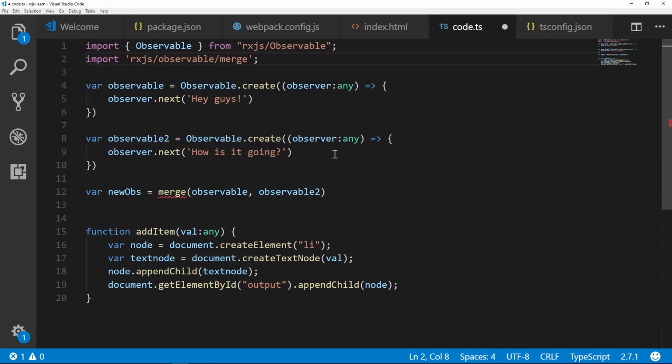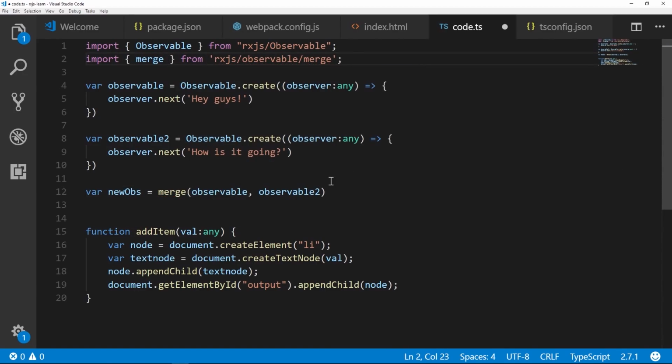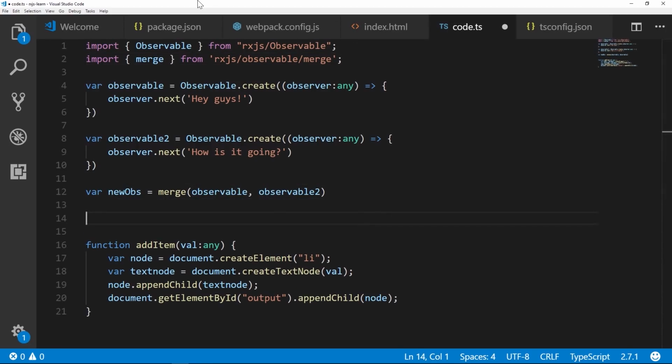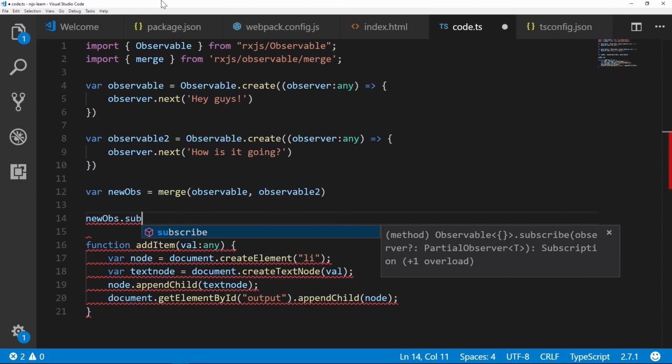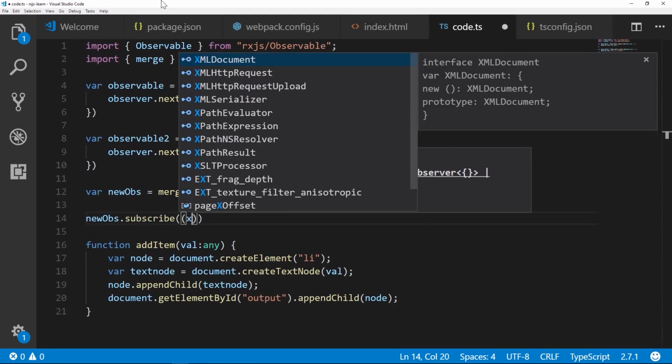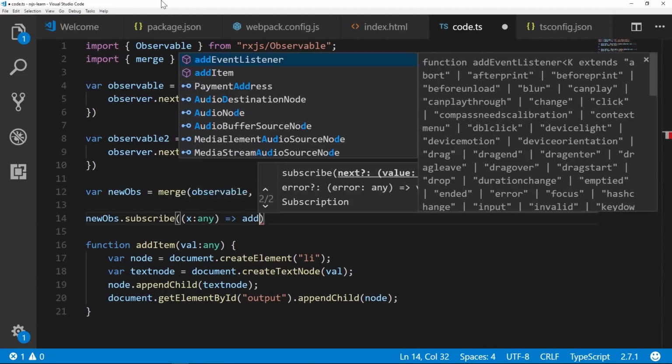And by the way, I screwed that up. I need to import merge from there. There we go. And then finally, we have to subscribe to this new observable right here. So this would be new obs.subscribe, x of type any, TypeScript stuff there. And we'll say add item